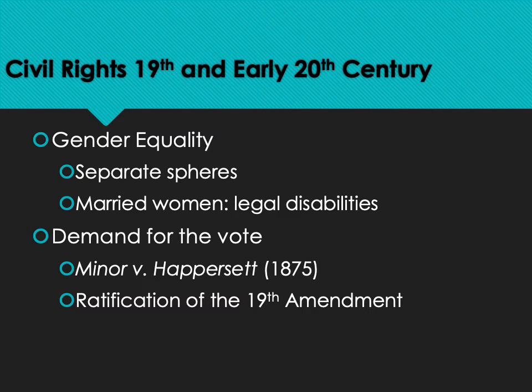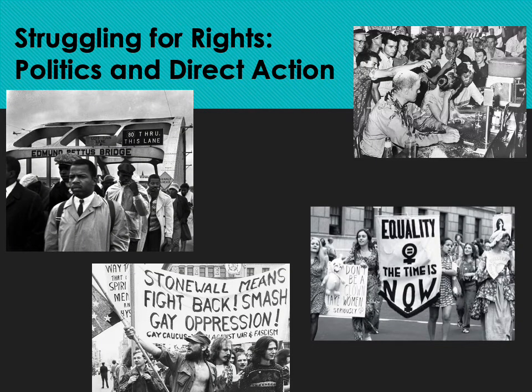So women took another tack and they said, okay, if the Constitution doesn't protect our right to vote, then we have to pass an amendment to the United States Constitution. And that was the 19th Amendment. It was introduced in the late part of the 19th century and it was finally adopted, ratified in 1920. That said that you can't discriminate against voting on the basis of sex. Okay, so that gives us a summary of the 19th and early part of the 20th century.